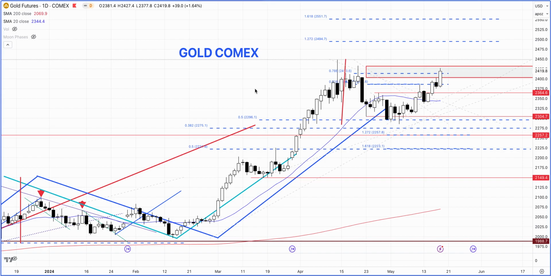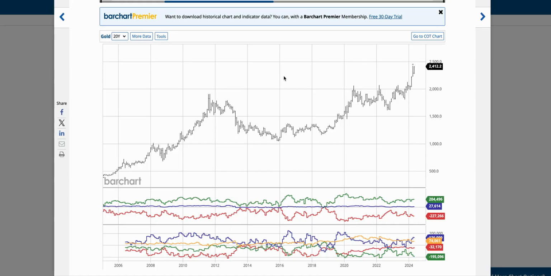Before we go deeper into the gold chart, let's actually take a look at the commitment of traders report. This is a report which is produced on a weekly basis. It's collected around Tuesdays and published by the exchange on Fridays. But we are taking a look at it on barchart.com, and I'll show you how you can also access